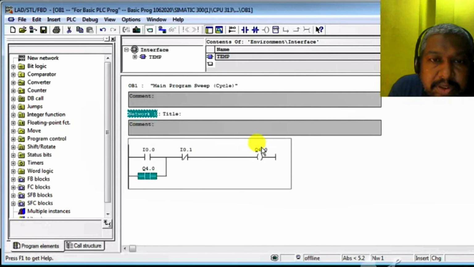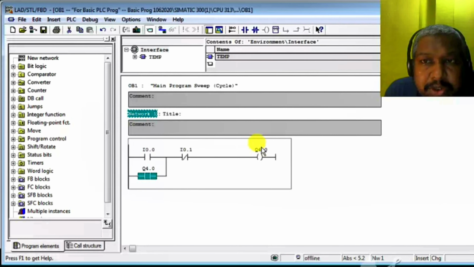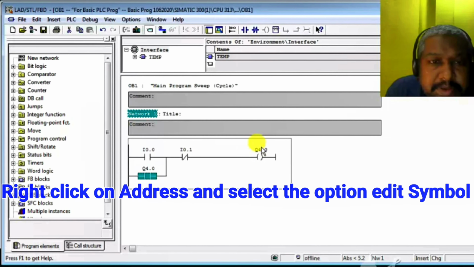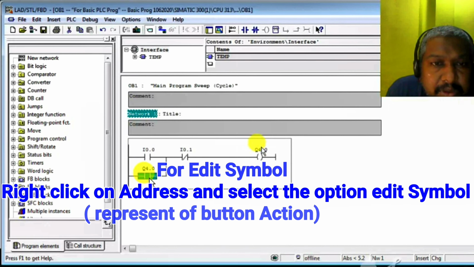Coil is a function used for on, off or other functions, but the symbolic address, that is Q 4.0, is used for addressing the same Q 4.0 on the left side.